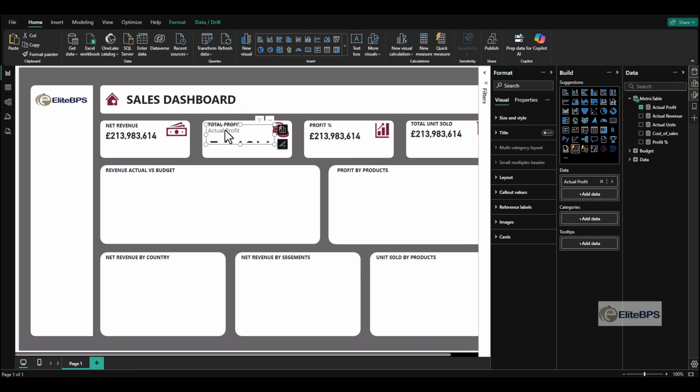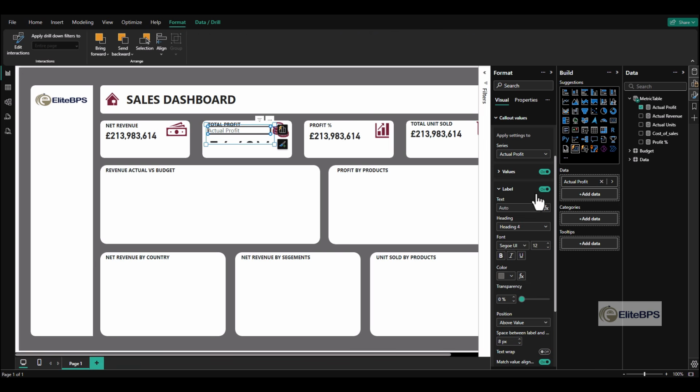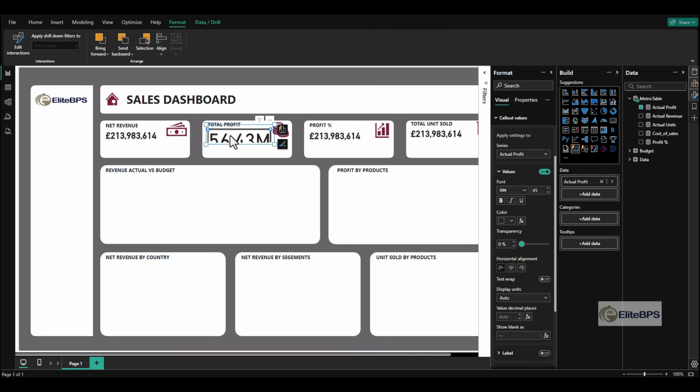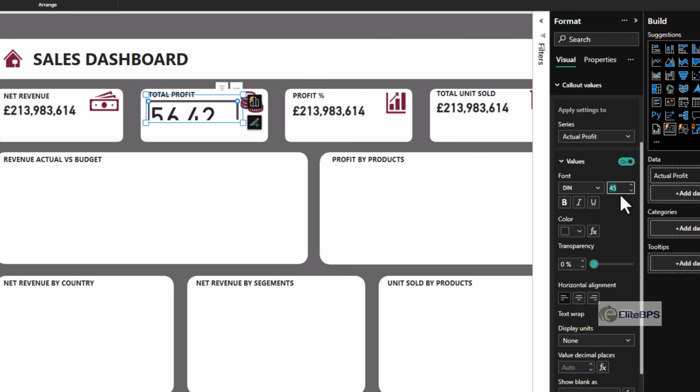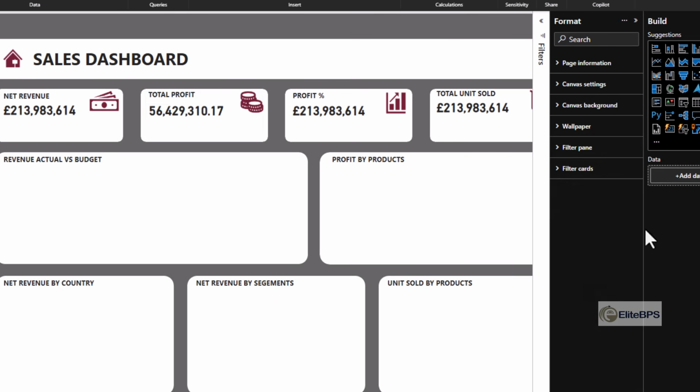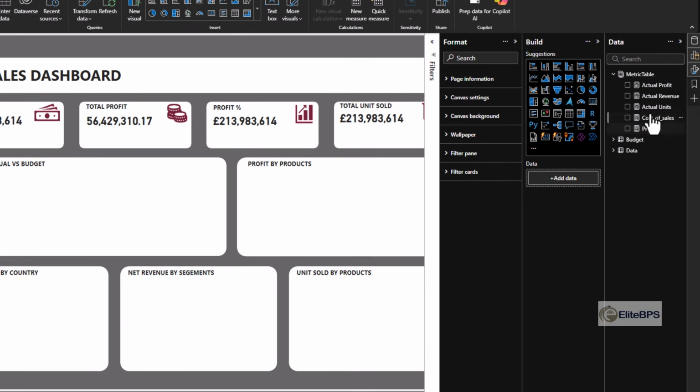I'm going to click on this and turn off the label. Then I'm going to click on this. Then the display unit to be none. Then text font to be just 20 and make it bold. So this makes our job easier. Then we go back to the total